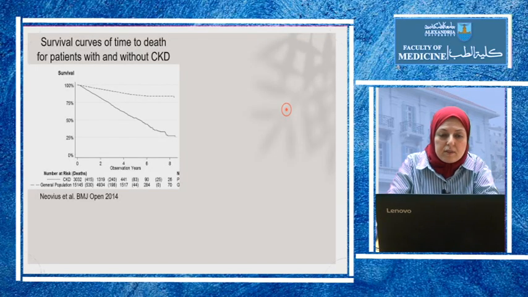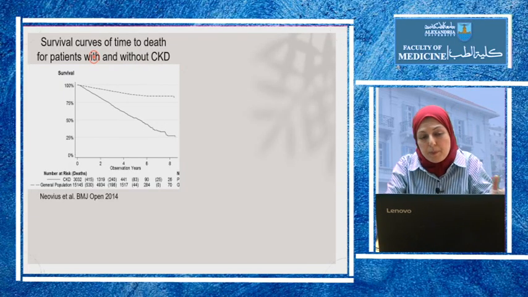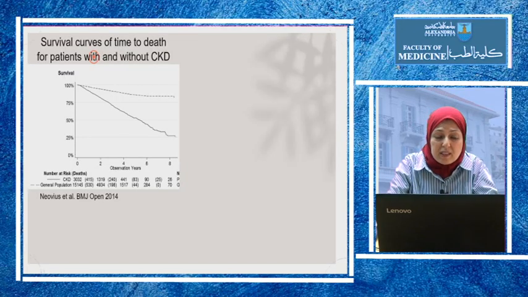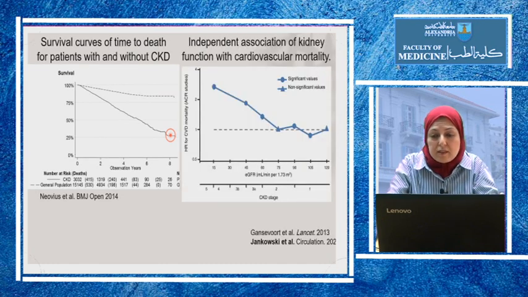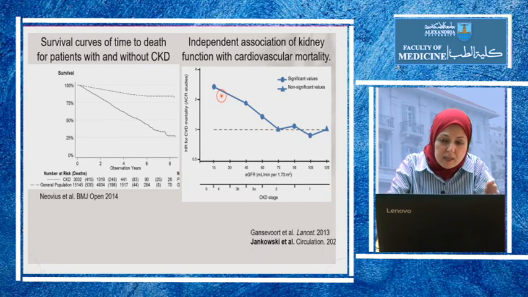So patients with chronic kidney disease are always afraid of reaching end-stage kidney disease and requiring dialysis, but actually a more important point is that the presence of chronic kidney disease leads to decreased survival. So this is the survival if the patient had no chronic kidney disease, and this is the survival if they have chronic kidney disease. And it is especially independently associated with cardiovascular mortality, with increase in mortality. So up to a GFR of around 75, the mortality is close to the general population, and then it increases linearly as the GFR decreases.